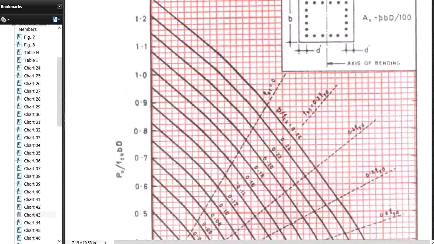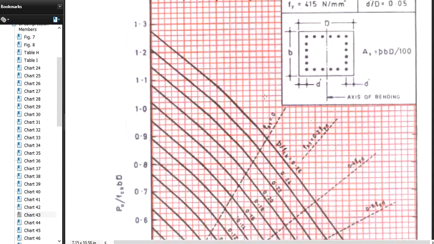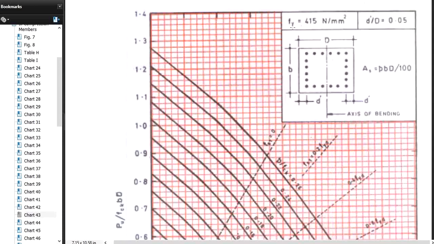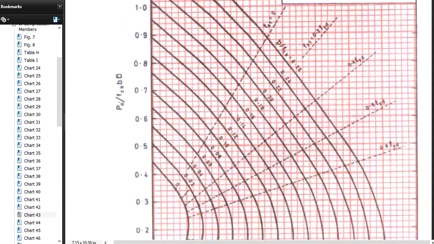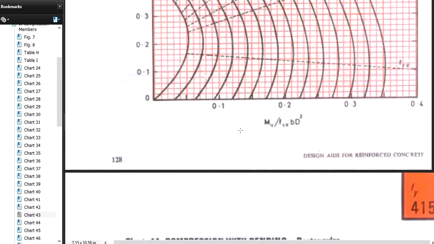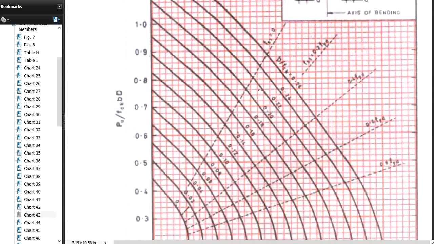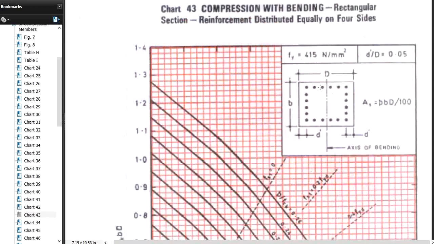Now the next type of problem will be the design type of problem. In a design type of problem, they will give the dimensions of the column, or else we can assume the dimensions of the column. They will give the grade of steel and the grade of concrete. After that, they will give the PU to be carried out and the MU to be carried out. In this case, what we have to do is find out the percentage of steel. After calculating the percentage of steel, we can provide the reinforcement based on that percentage and design the column. So there are two types of problems which I have explained: one is the analysis type of problem, another one is the design type of problem.